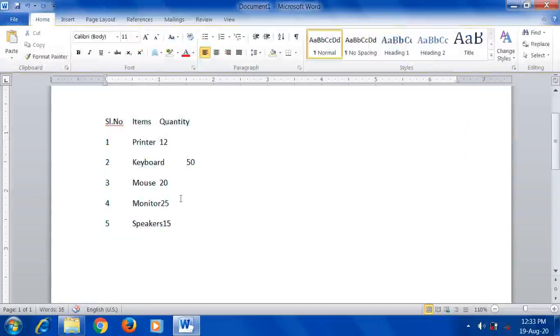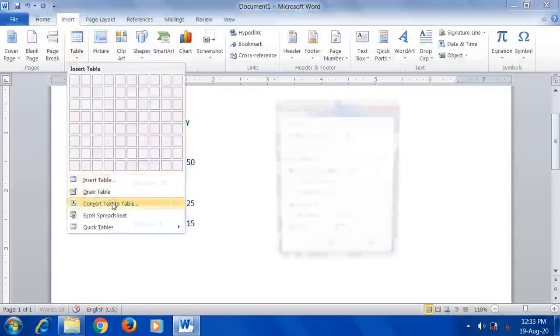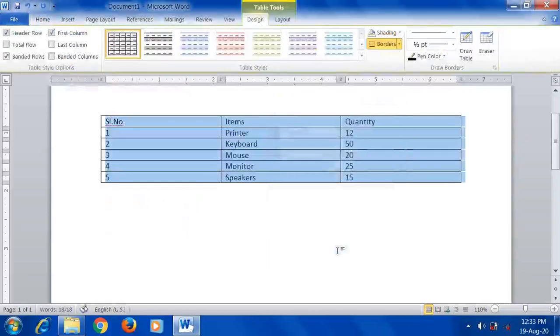And here also let us give one tab. So only with one tab you have to separate the text and convert it. Okay.